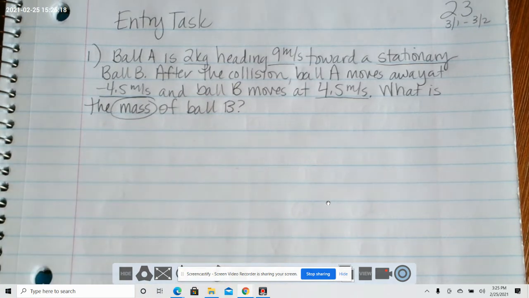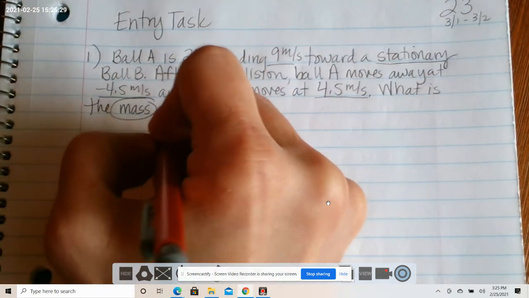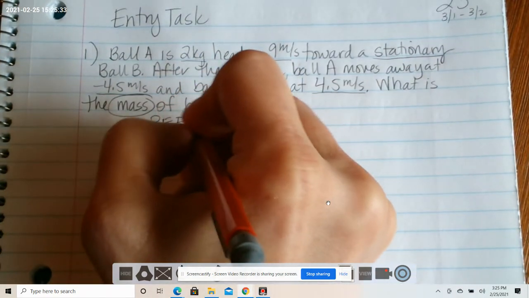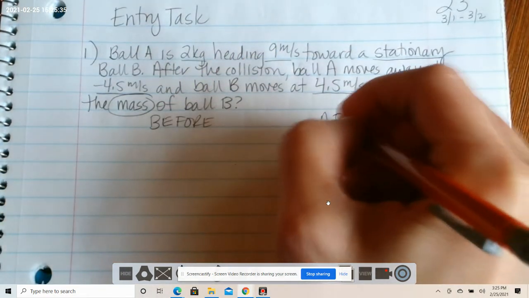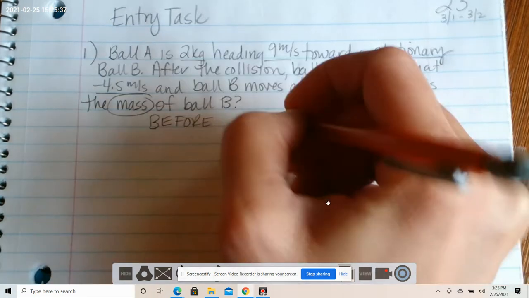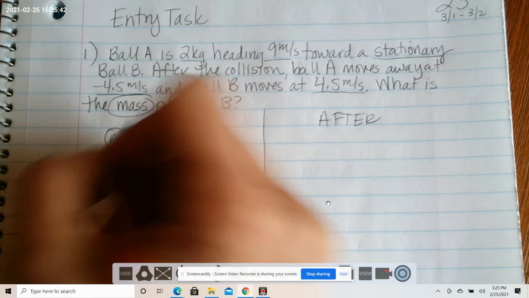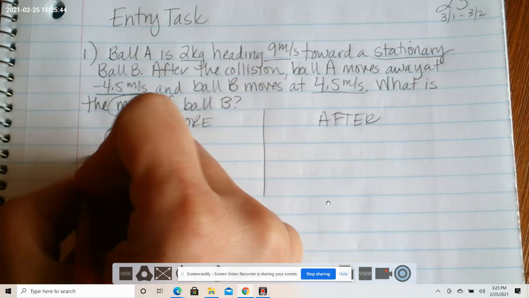So something a little different than what we've done the last time with the velocities. We're finding the mass, which the process is going to stay the same. We're just going to put X for the mass. So we're still going to do before and after. I'll draw my line. So we have ball A, and we know that the mass of ball A is 2